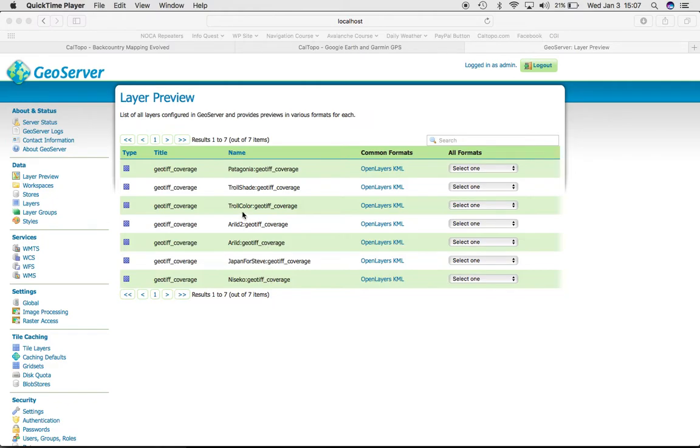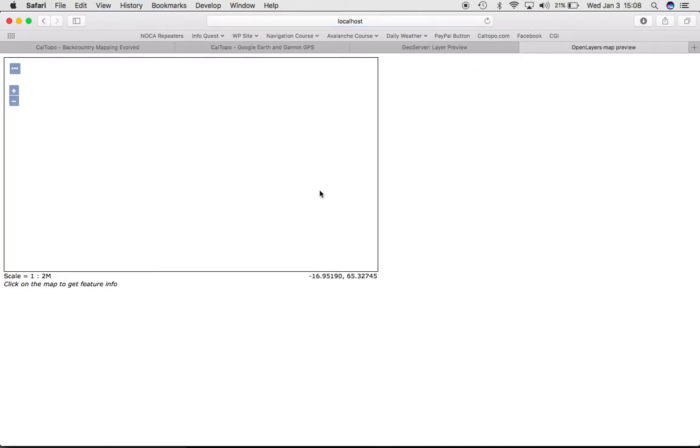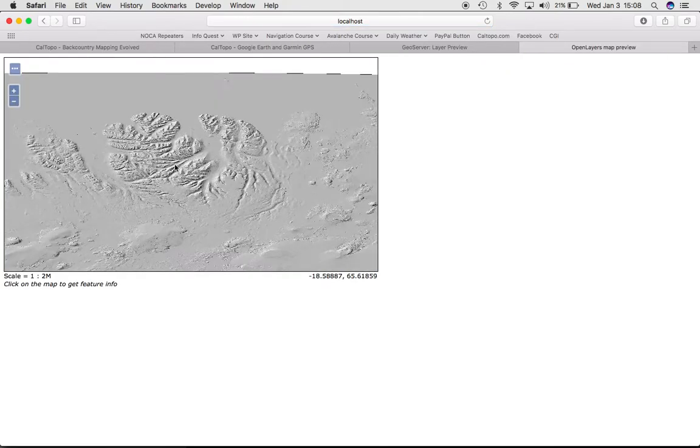The two that I'd like you to note is the Troll, because I'm working on the Troll Peninsula. This is the slope shading, or what I should say is hill shading. And this is the color shading of the angle. And just to give you an idea, if I go here and click the open layer, what you'll see is the hill shading layer pop up, and